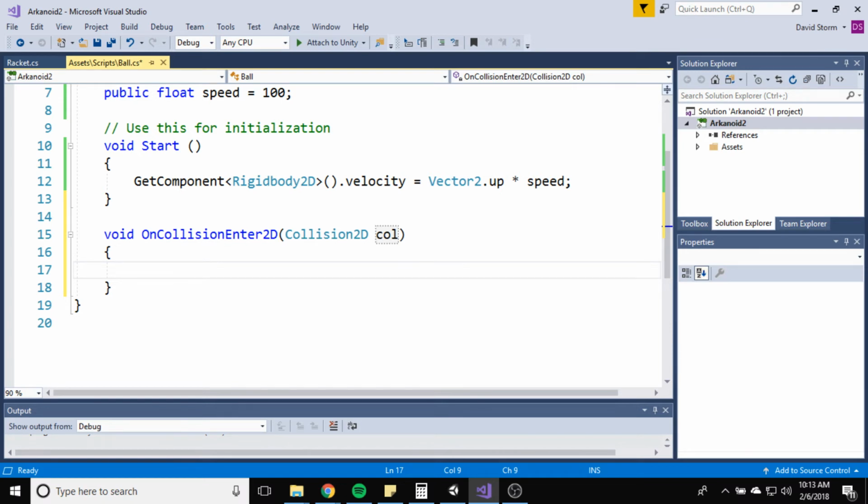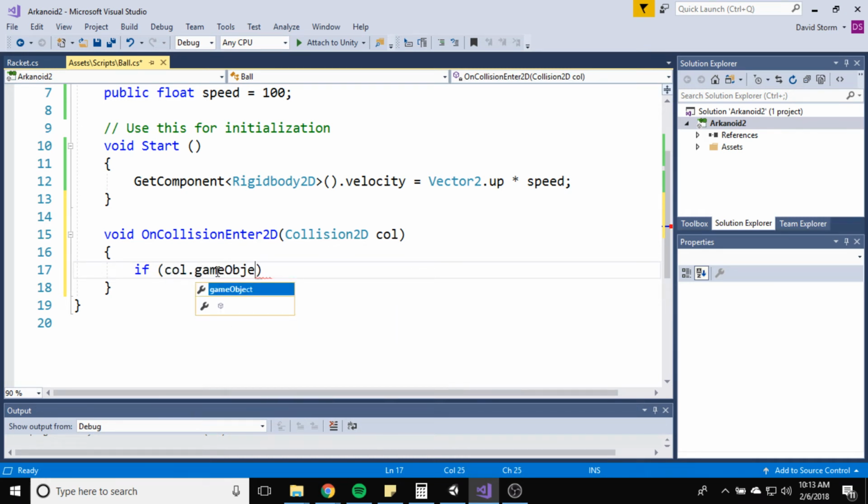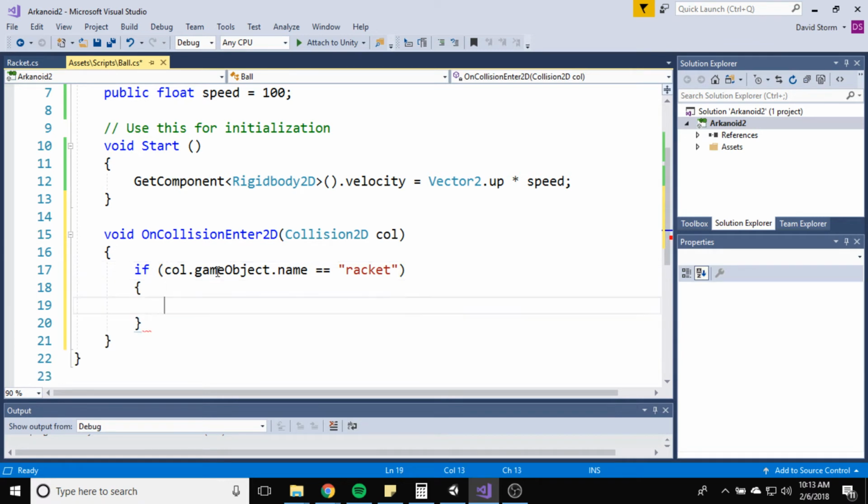So what we're going to do is, first of all, we want to check to see if it collided with the racket, because we don't want this to bounce off in weird angles when it collides with the outside edge. So we're going to say if COL.gameObject.name equals racket. Okay, so if it collides with the racket, then we want to create a new float,